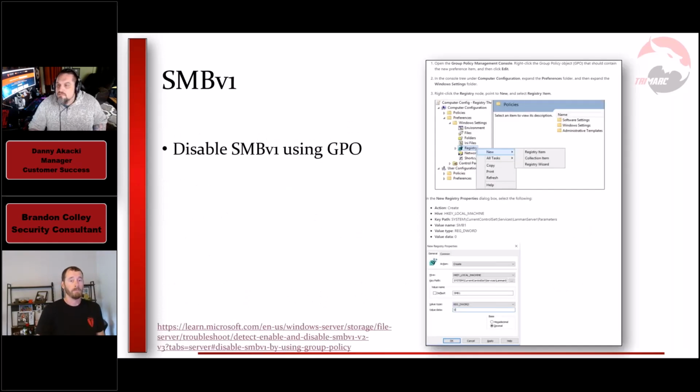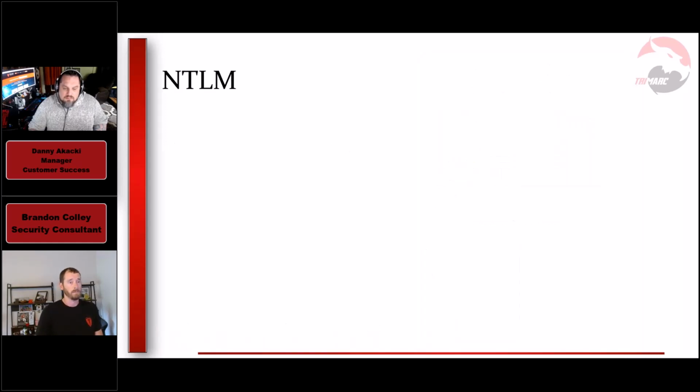And so really the best way to fix it ultimately is this GPO. You can use a group policy to set this registry, and you can set it everywhere in the environment to restrict SMB from being used. And this link down here also includes all of the commands and a ton of awesome information about how to get rid of SMB.